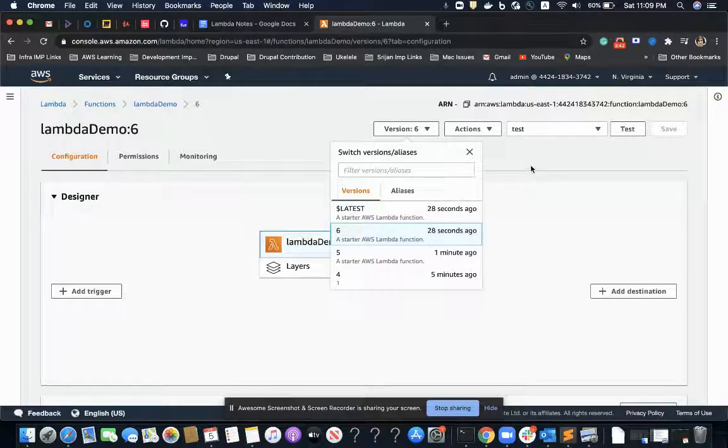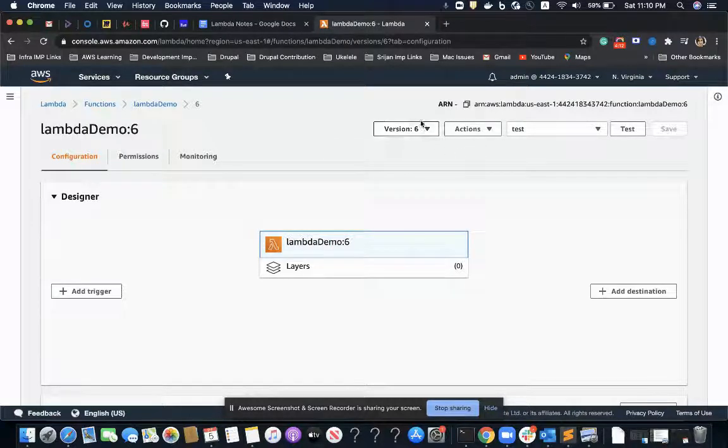Now what if there is a situation where my resources, for example my SQS or some API or DynamoDB, are using this version for development purposes and this version for the production environment? Now I want to make a modification and that modification should reflect to all the resources using this version's code.